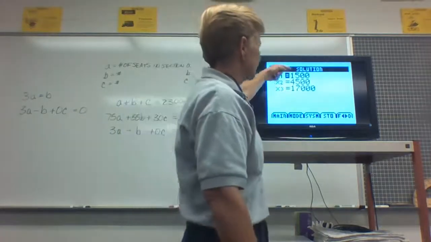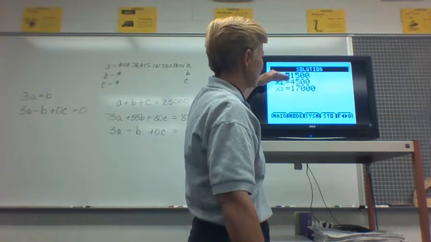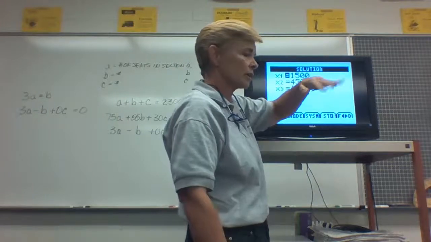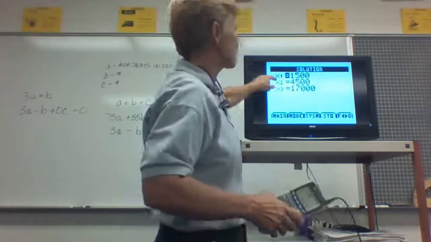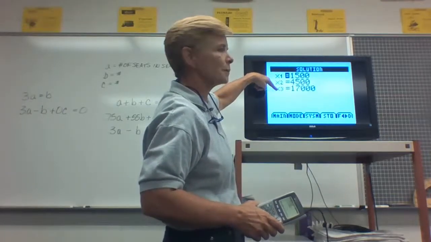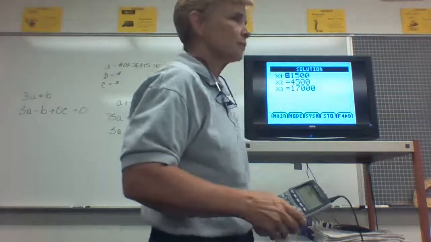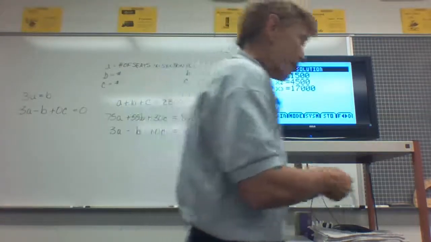Yours went really fast. And you got to understand that this is your A value, B value, and C value, and in the scenario of this problem presented, these are numbers of seats. If it were X, Y, and Z, then this would be X, this would be Y, this would be Z. You following? Yep. Okay, now, with that